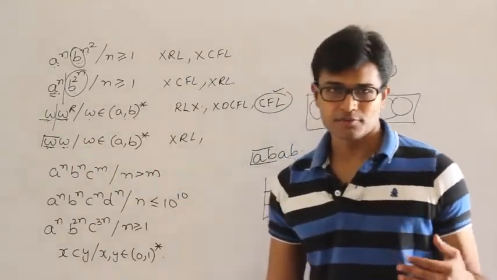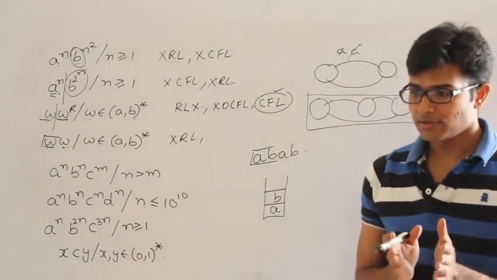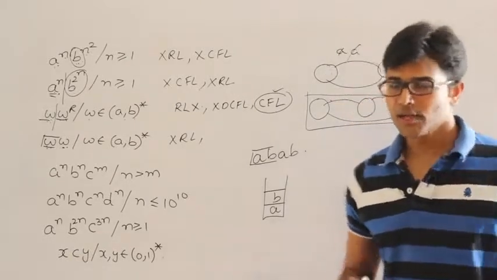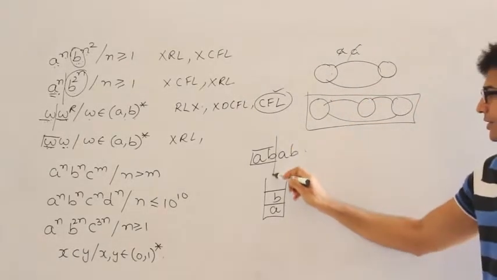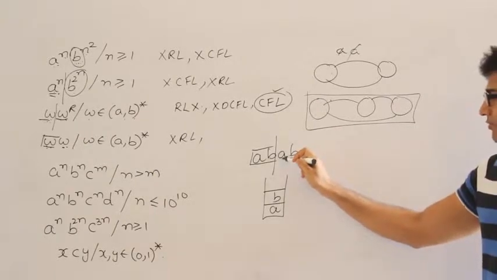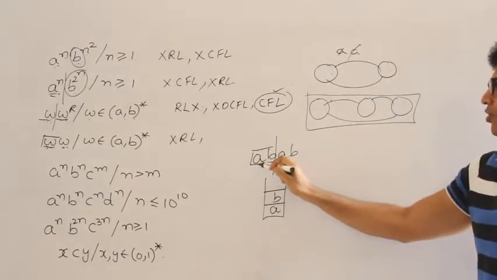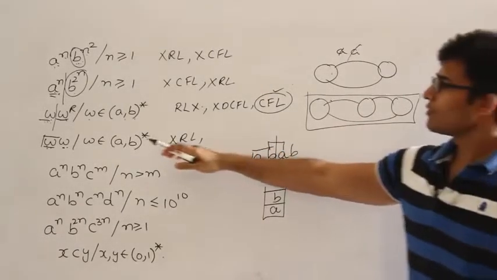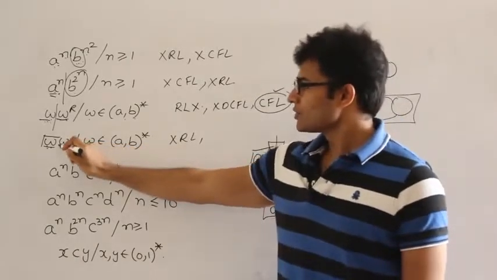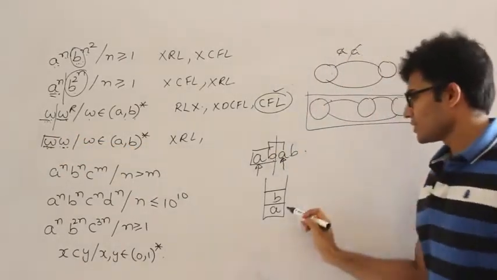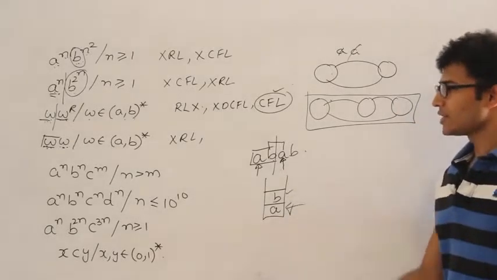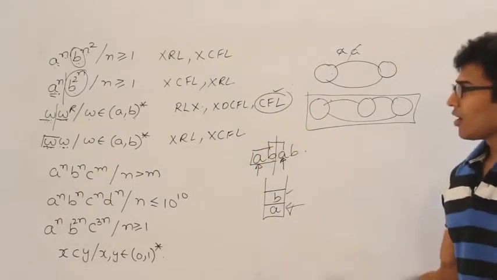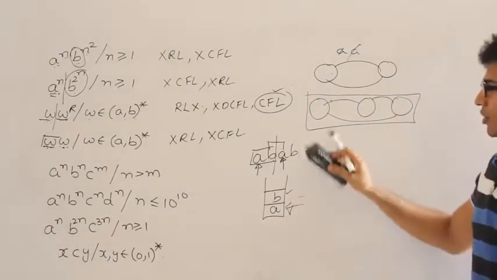You can use non-determinism to guess, at every point, whether the center has come or the center has not come. That is fine. But even if you have guessed the center, how can you compare the first symbol, which means the input symbol, with the bottom of the stack? You can only compare the input with the top of the stack, right? But the problem requires that you compare the input symbol with the bottom of the stack. But we cannot see the bottom of the stack, we can only see the top of the stack. Therefore this language is not a context free language, because a pushdown automaton or stack cannot examine the bottom of the stack.